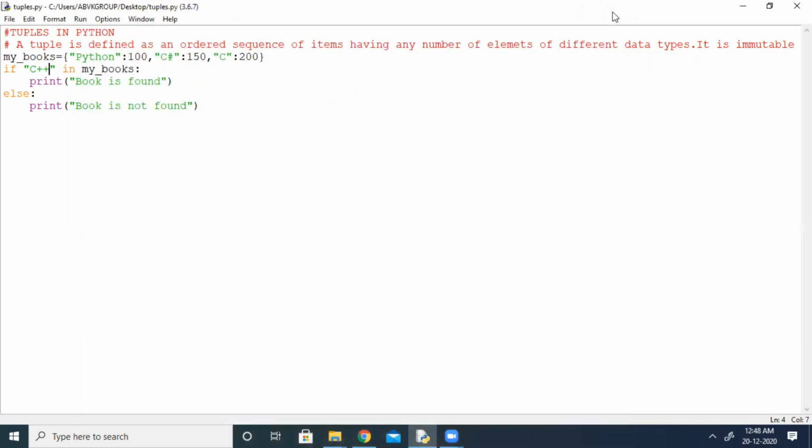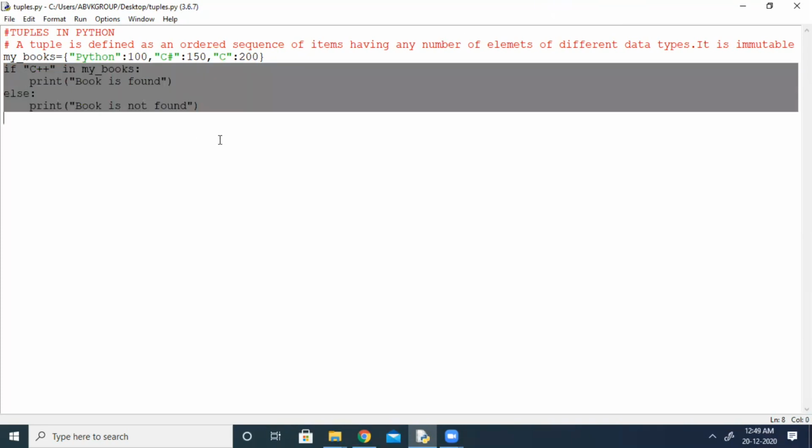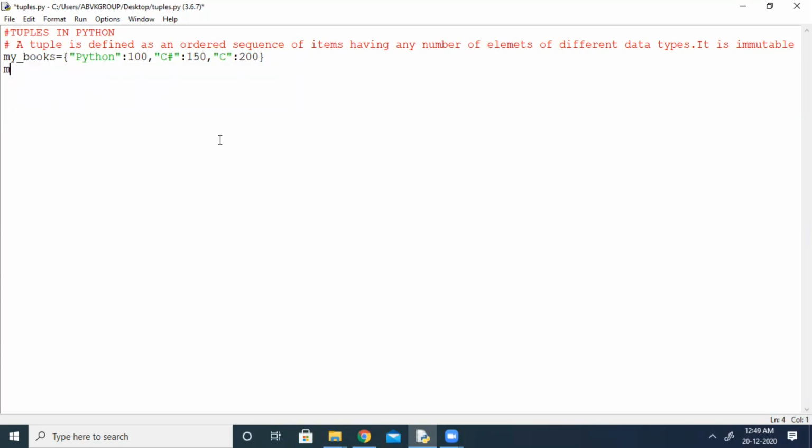Now we will move to the next thing, removing an element from a dictionary. How can we remove an element from a dictionary? For that, we use a function called pop to delete an element from the dictionary. So what is the name of the dictionary now?